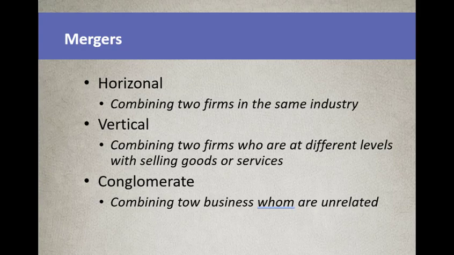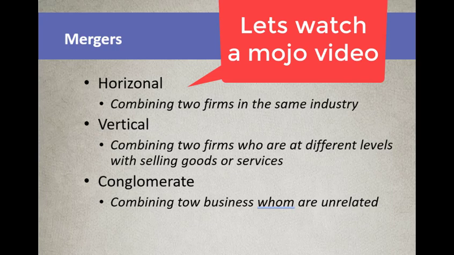And again, we could take an example of two businesses that are absolutely unrelated to each other. Maybe, as I'm looking around my room, HP, which is printers for the most part, computers, and let's say the auto industry. So GM wants to combine with HP. Pretty much unrelated to each other.